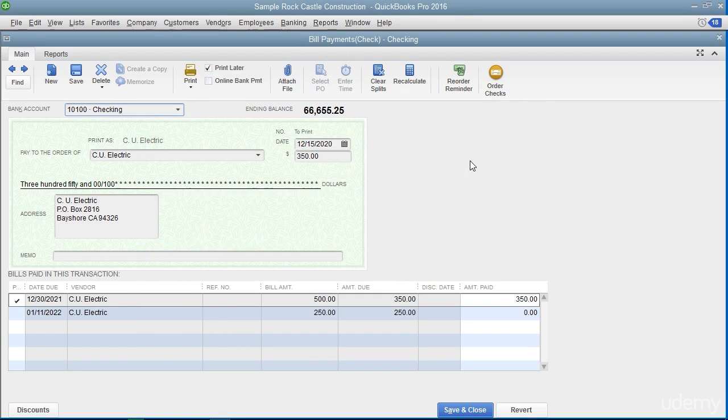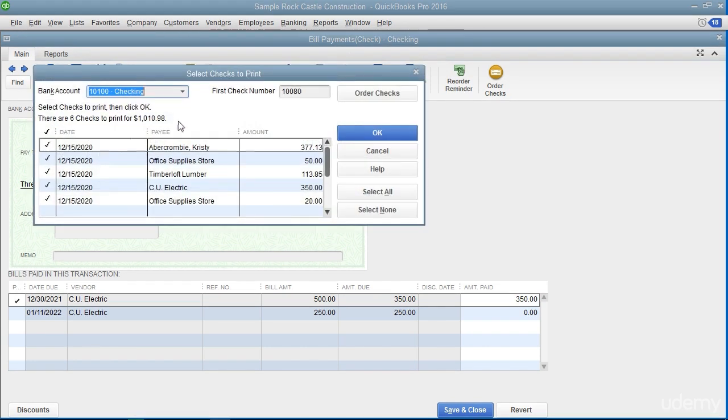To print a batch of checks that you have saved and marked to print later, instead open the Write Checks window and click the drop-down arrow on the Print button in the main tab of the ribbon at the top of the Write Checks window. In the drop-down menu that appears, choose the Batch command to display the Select Checks to Print dialog box. In this dialog box, you can remove the check marks from any checks listed that you don't want to print